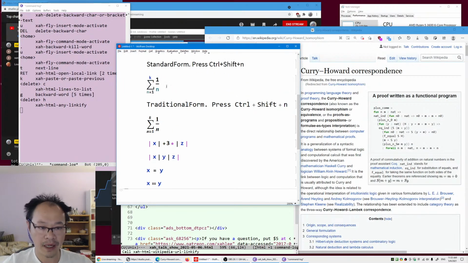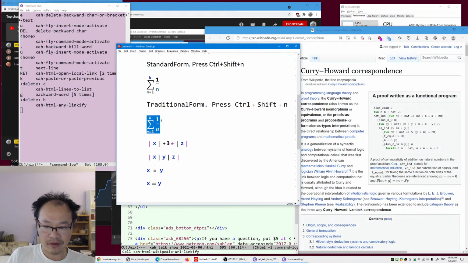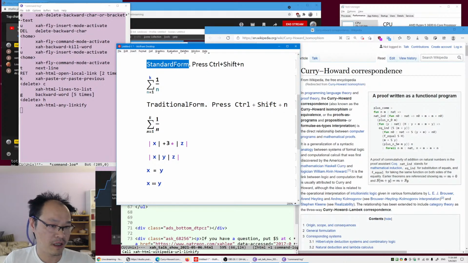So go back one step. I'm trying to explain the difference between the standard form and the traditional form in Wolfram language. The traditional form basically emulates traditional mathematical notation. However, when creating the Wolfram language for doing mathematics, because there are many ambiguity problems, Stephen Wolfram created the standard form, which avoids these ambiguities in the traditional notation. For example,